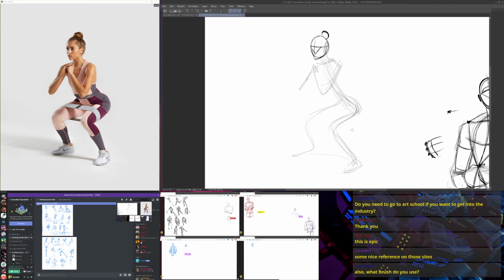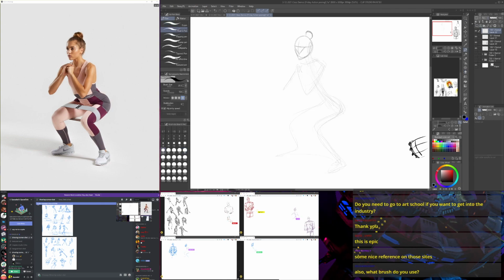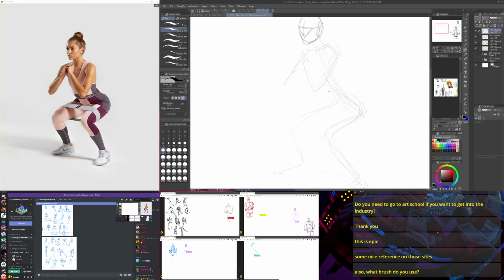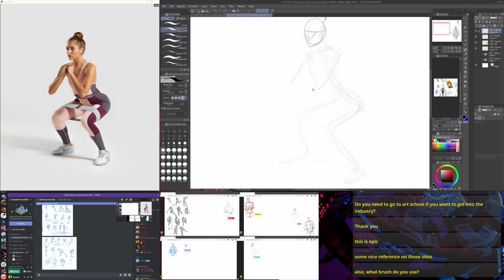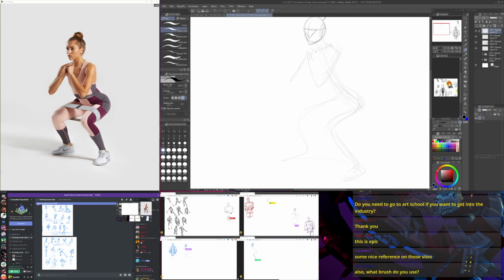So now that you have that, I'll give you guys a moment to catch up. But when you do have that, start looking at the figure and start looking for those things that we went over in the last pose.